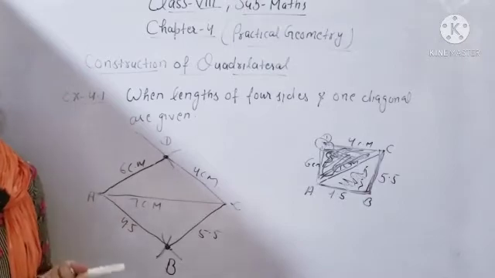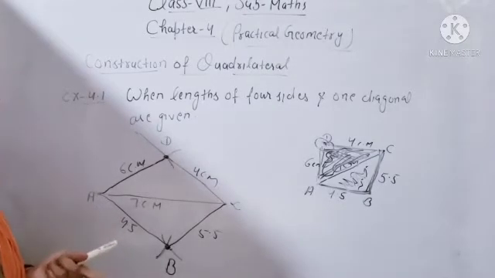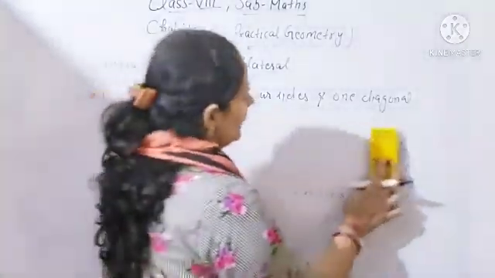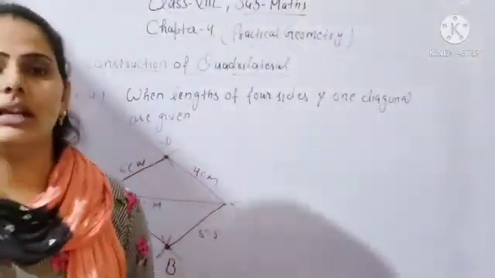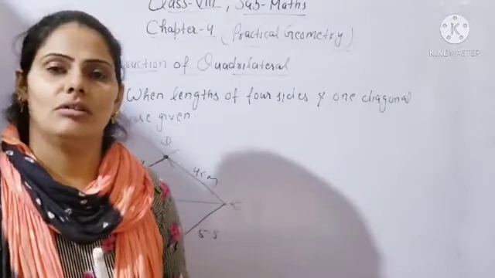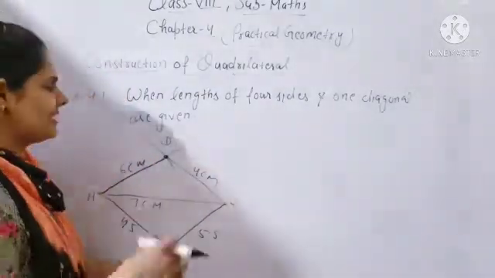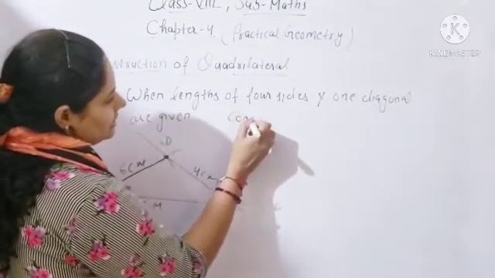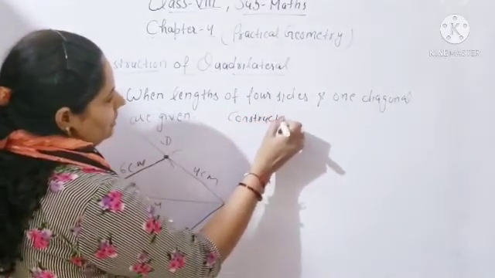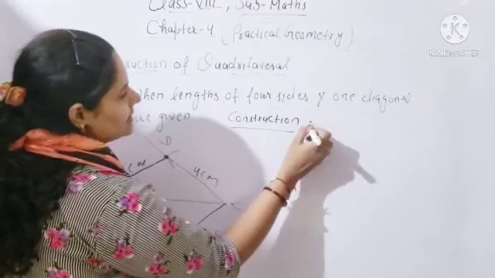After that you have to do the construction also. Okay. What you have to do? You have to do the construction of the quadrilateral also. So the construction of the quadrilateral you can do in your own language also. Okay. Better to write simple steps, step by step only. For example, if you are doing the construction, I am writing one construction here. Okay, like that you can complete all the construction.